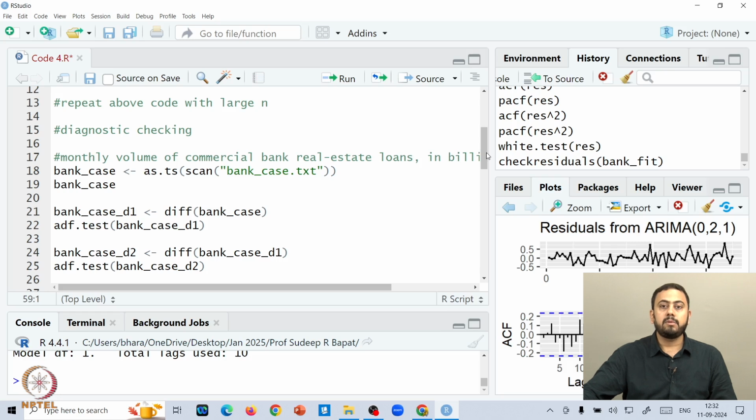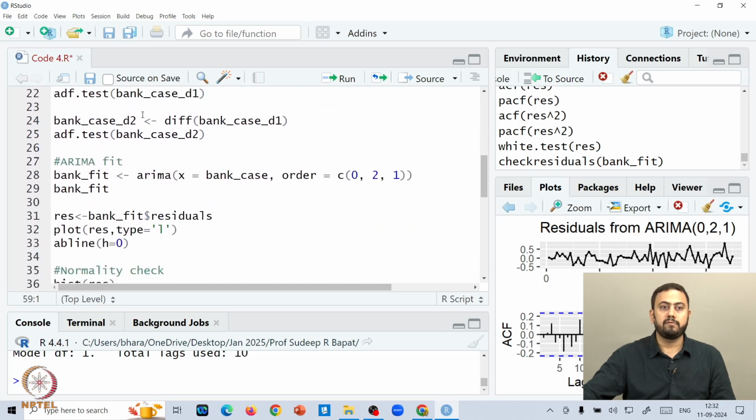But remember one thing, that you should not jump to diagnostic checking directly. It is always a process. You first try to fit some model, here we fit this ARIMA model, because once you fit a model then only you get access to residuals. Without fitting, how can you do diagnostic checking?